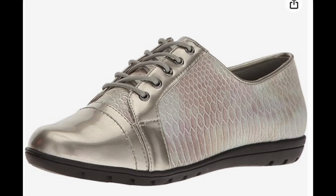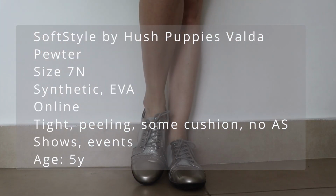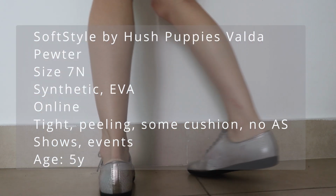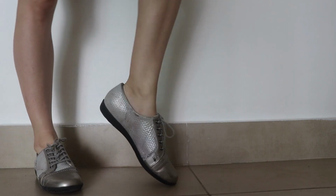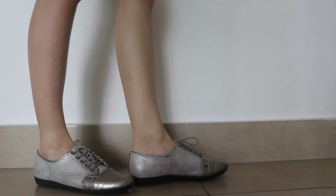They are the Oxfords. This is the first model, the SoftStyle by Hush Puppies. The model is Valda in pewter. The size is 7 narrow. The material is synthetic EVA. I got them online. These are tight. They are very tight, and I bought this model. This was the last model, so they had such a great price. I can't believe it. They do not provide arch support, but they have a little bit of cushioning, so they